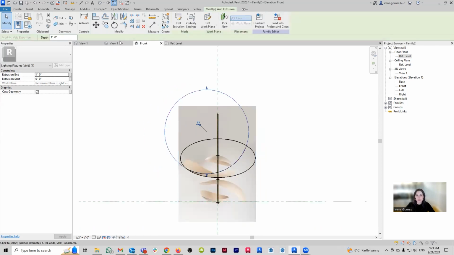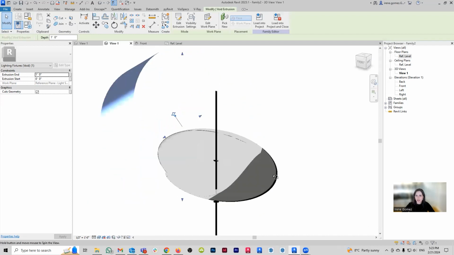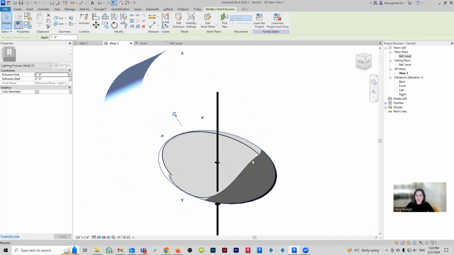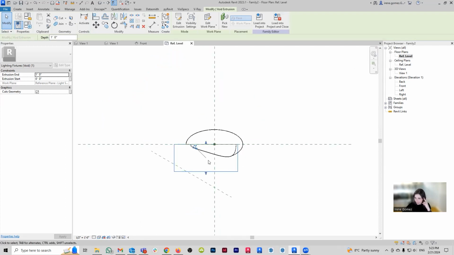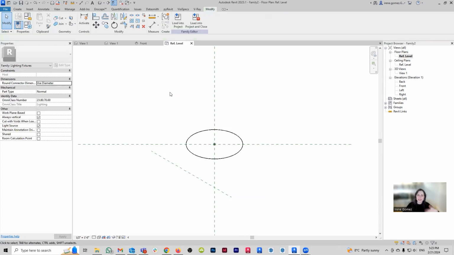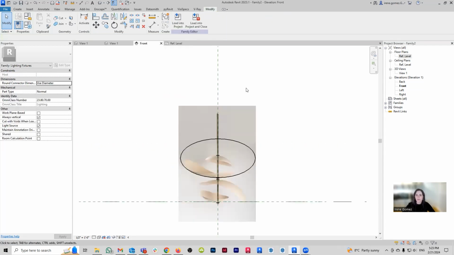And now if we look at it in 3D view, you just have this void and you can see that it's already starting to cut. So all we need to do is go back to our reference level. Oh, I'm a silly goose, because I forgot to change my reference plane. When I went to the front view, my reference plane aligned with this reference plane here, and I actually want my cylinder to be aligned with this reference plane. So never mind, delete. I could also reassign a new reference plane, but it's fine.